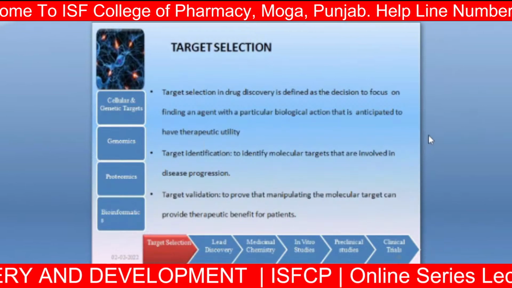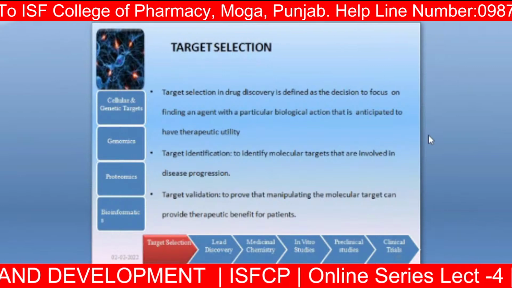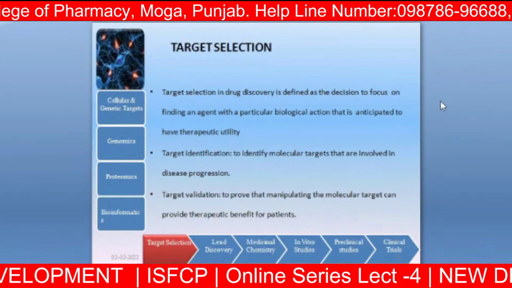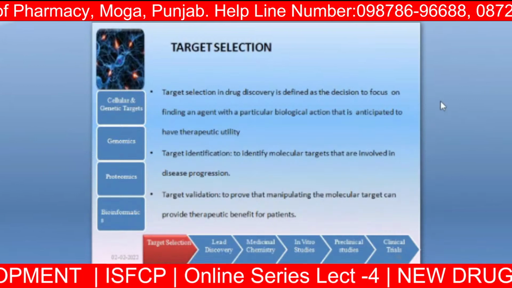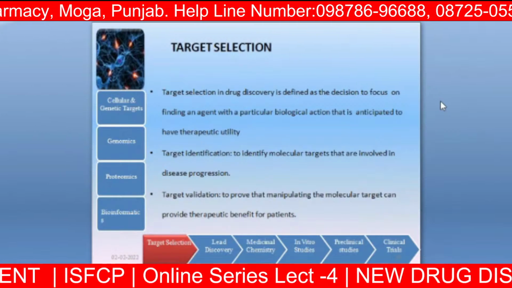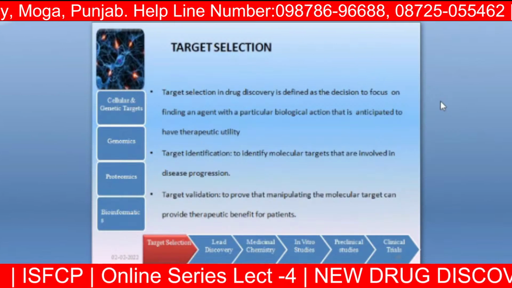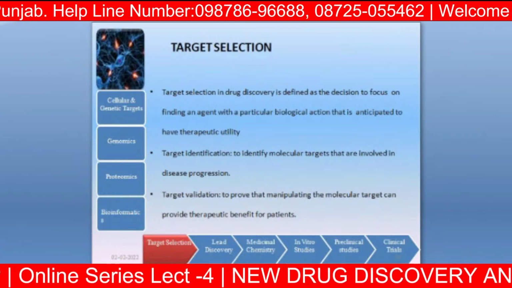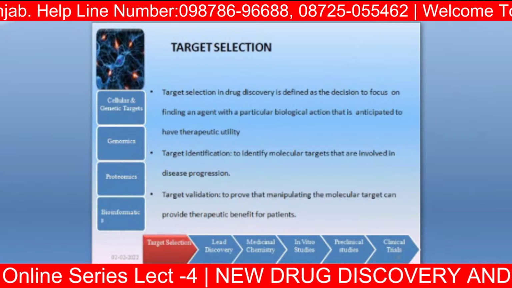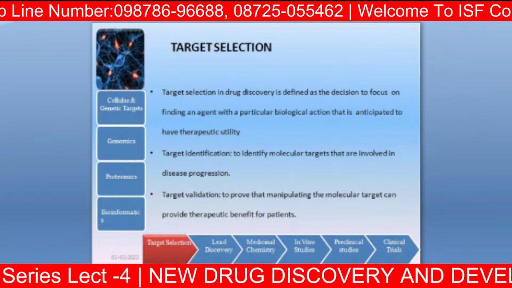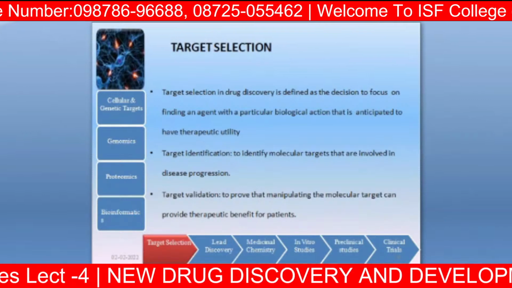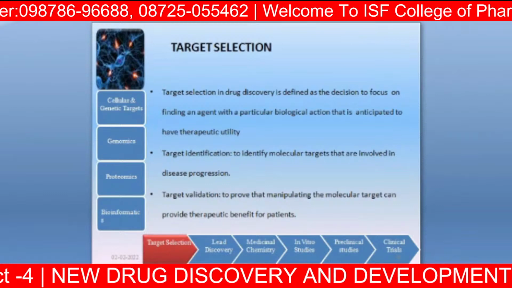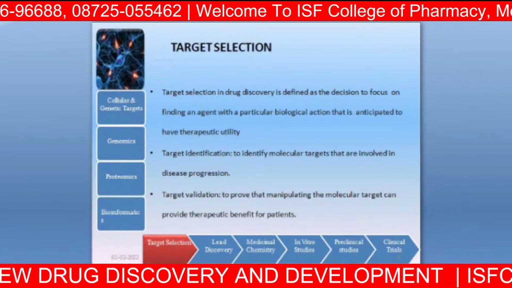Target validation is to prove that manipulating the molecule design can provide therapeutic benefit for the patient. Validation means we are trying to assure that, by obtaining the particular hit moiety from the 100 or 400 batches, we can find which moiety or batch is feasible and has a good activity for the disease. The only aim is to determine whether they work efficiently at a molecule level, not superficially.